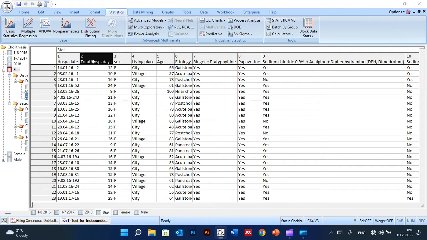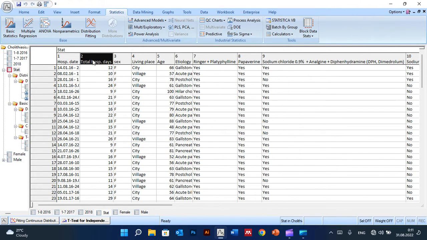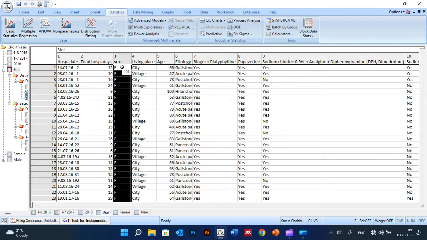Here we have in this column numbers. You see 12, 10, 16. The total session days it is numbers. But here in case of the sex, the gender, there is male and female, so it is a text. Yes, the program understands it as a text, so we can divide this sample by groups, which is male, female,